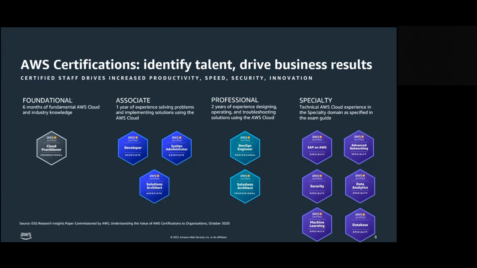And then if you want to be a bit more specialized and dedicate your expertise toward a certain role or a certain task, we also have specialty tracks, which are SAP on AWS, networking, security, data analytics, machine learning, and databases. Now, when it comes to our specialty tracks, those are not directly linked to an instructor-led offering, meaning, for example, for SAP, you will not have to attend an AWS training to do so. You can just have a bit more hands-on practice on the lab or on the console, go through a few white papers, and you'll be able to take this exam on AWS.